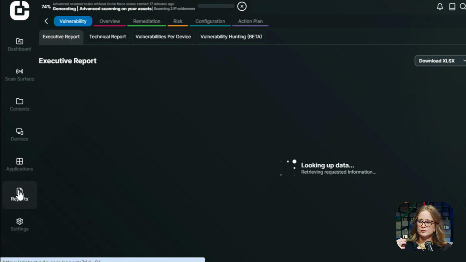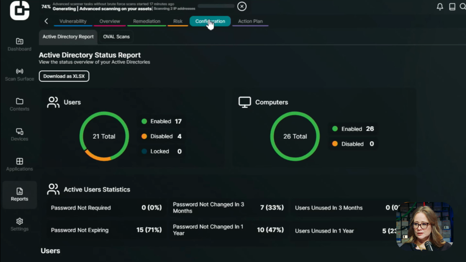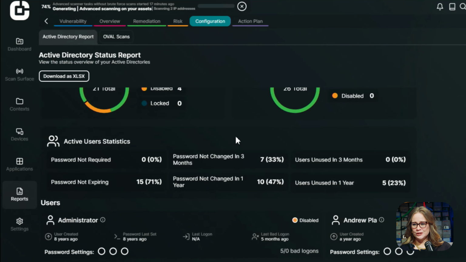While it's doing that, I'm going to show you what I think is a really cool thing. In addition to grabbing all my computers and dumping them in here for all that juicy data that I love, if I come in here and go reports and then click on configuration, it is actually going to give me what's called an Active Directory status report. I love this because not only is it going to grab computer information, it's going to grab user information. So I really love this because it's going to look at all of the users in this domain and tell